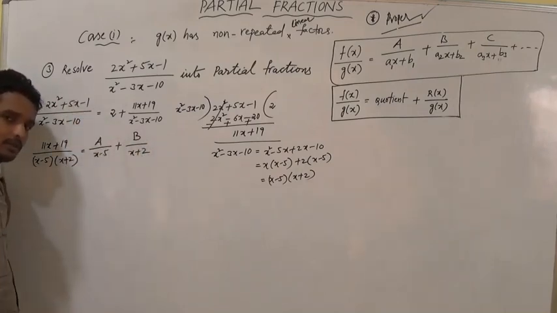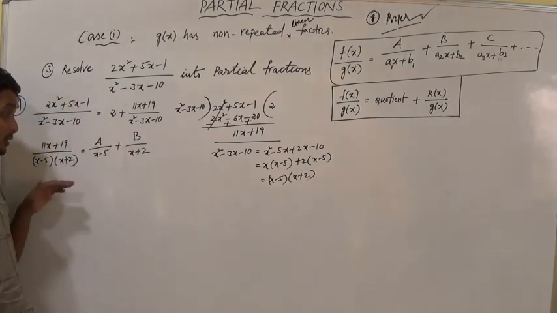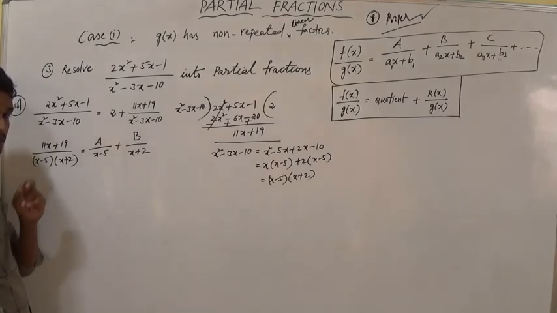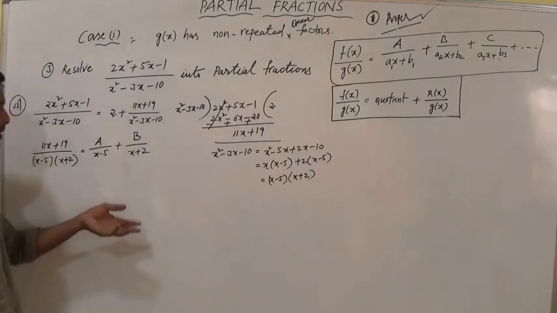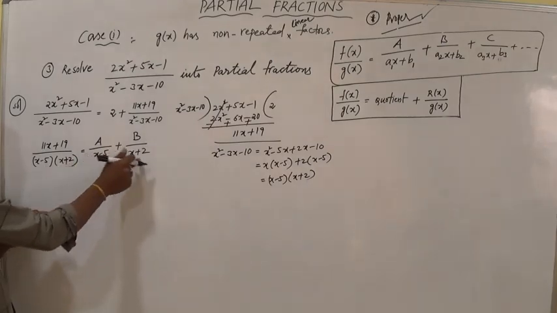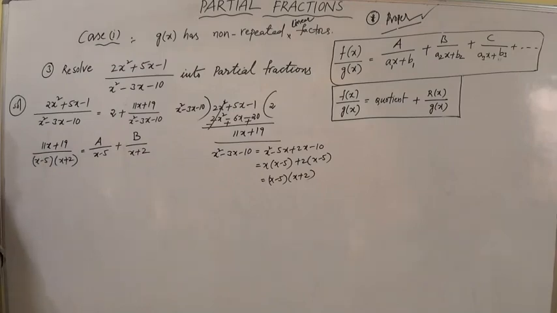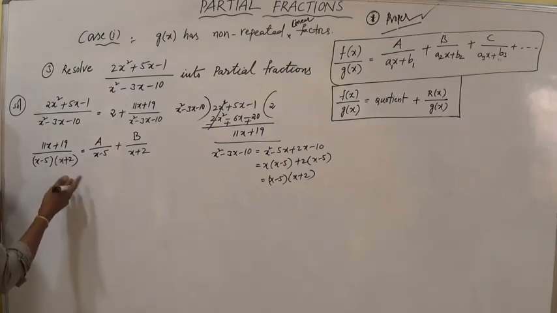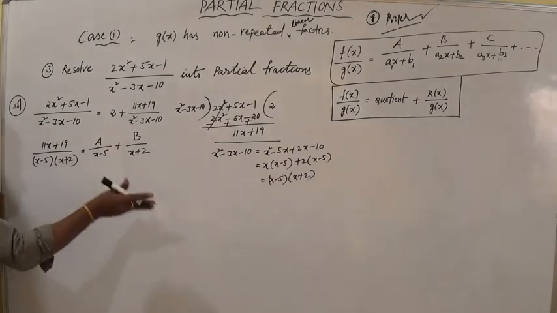The same method, the previous method, we can solve easily. We can do that directly. Why? Because we have already solved two problems, we are getting some knowledge, so we can do that directly. If you find the LCM of the denominators here, x minus 5 into x plus 2, both are cancelled. So this is the third problem. We'll explain clearly. The next problem we can do directly.